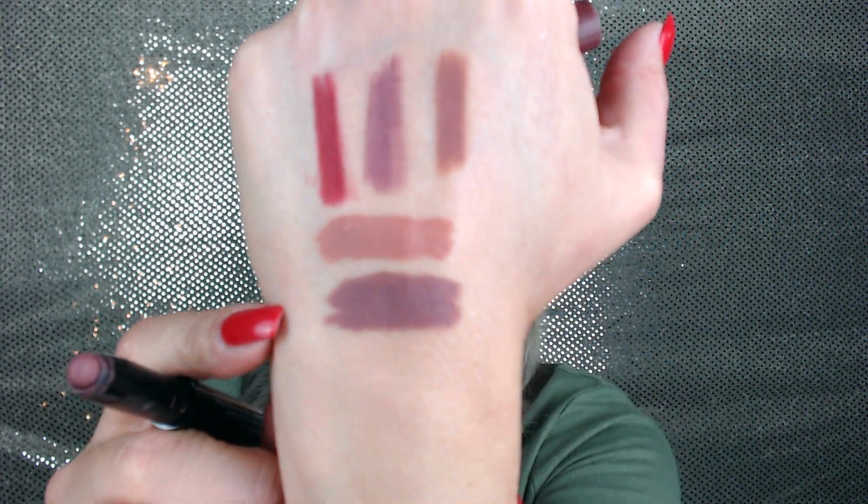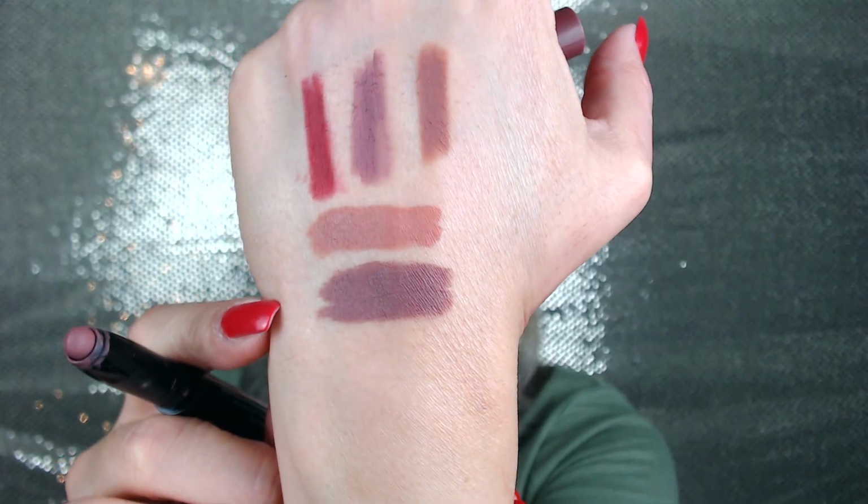First of all, they're very matte, which I like. They feel pretty creamy on the lips, so I can layer them, which I like because, not like liquid lipsticks, if you layer the liquid lipsticks, they get kind of chunky and all that. However,